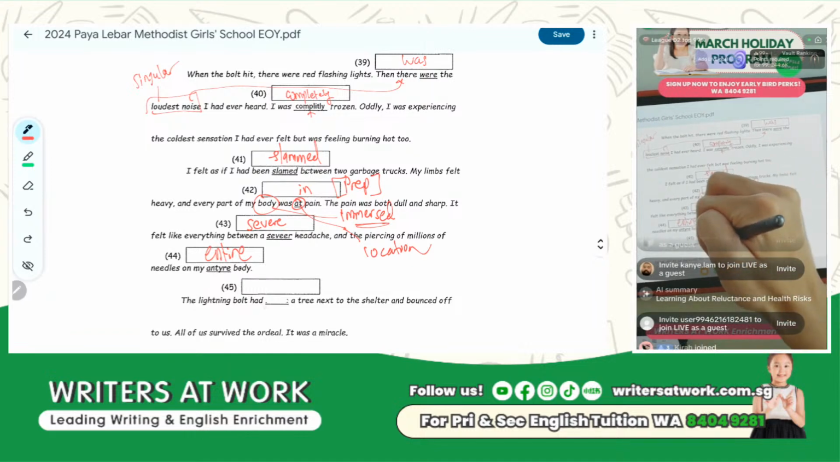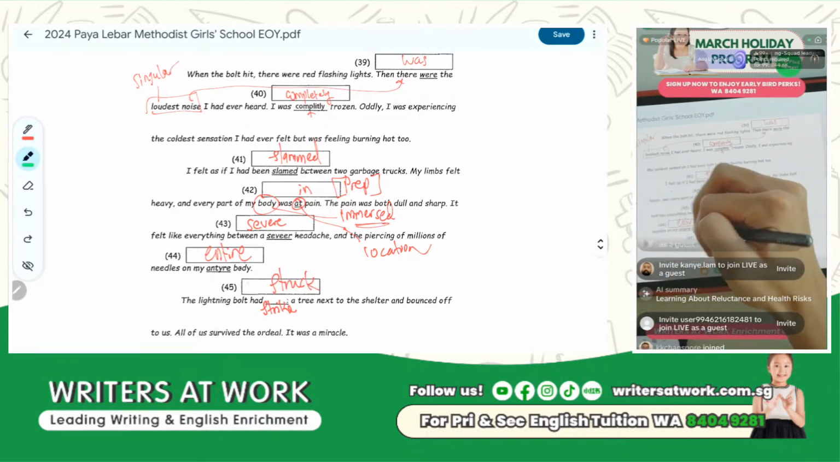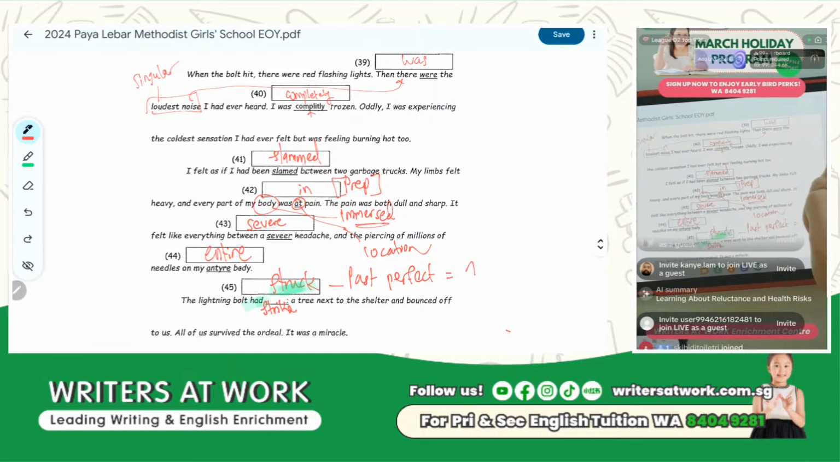Okay, you can see "had". I think the word they give is "had struck a tree next to the shelter and bounced off to us." So instead of "strike", it will be "had struck". Why is it so? Because "had" together with "struck" makes up a past perfect, which shows that one action occurred